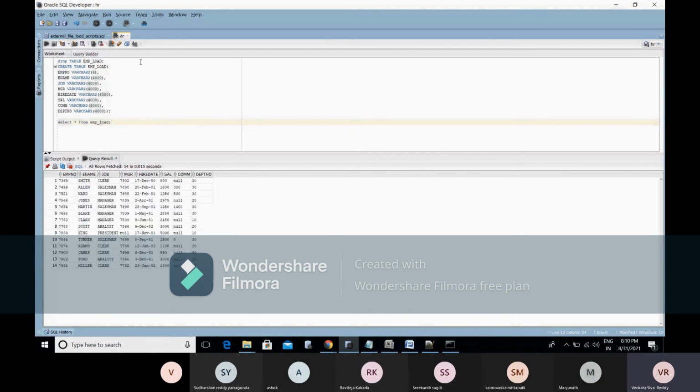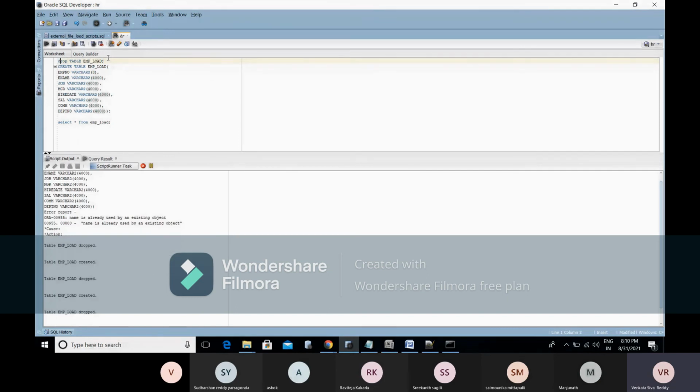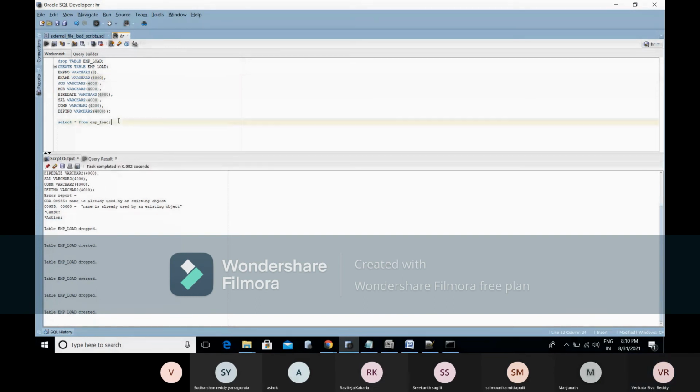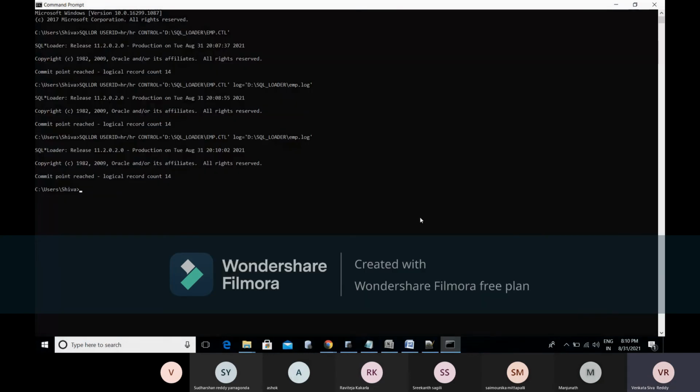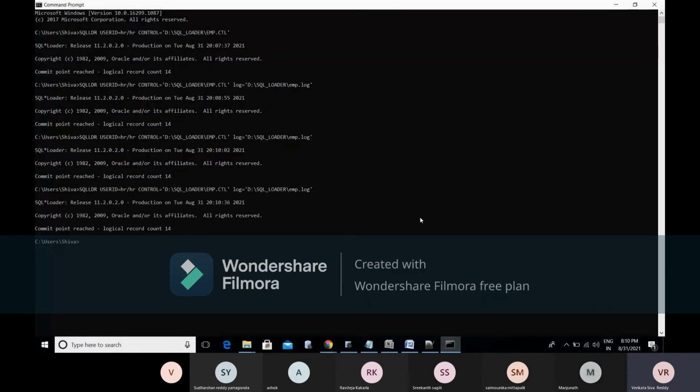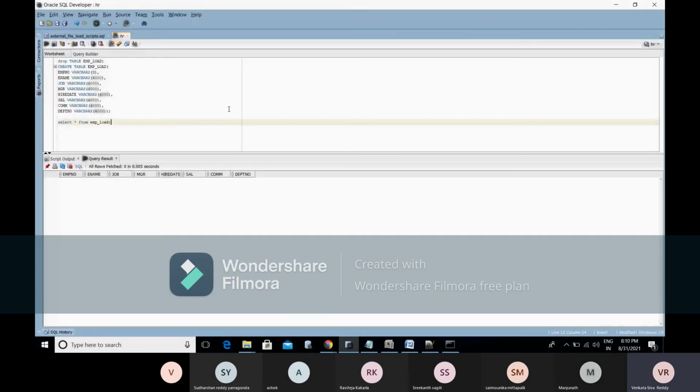Now I am going to create the length for the EMP number. I created the varchar2 of 4, right? Now I am going to create it with 3 only. So the data exceeds our data length, and you will get bad files. Now the table is created and I am going to run this. It shows the data is loaded. See what happened here: the data is not loaded at all.